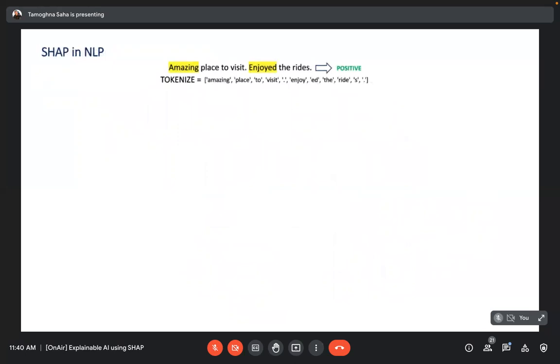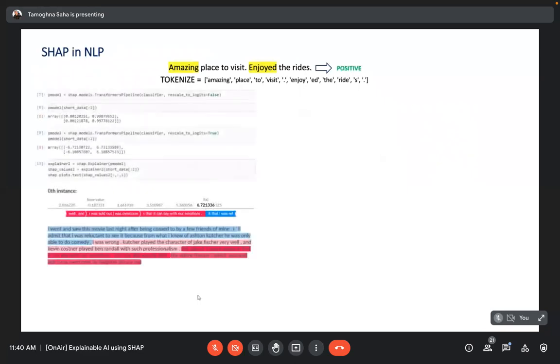Whenever it's in NLP, we always know it's going to be in terms of tokens, the smallest possible chunks of words that are meaningful for the model to understand, right? Depending upon various tokenizers, you use Roberta, you use DistilBERT, you use BERT, anything, you will be getting different tokens of information. Using those tokens, we can pass them along the transformers pipeline by calling the sentiment analysis classifier, and then perform the necessary SHAP explanation at the backend. And in that explanation, I'll quickly tell you what happens.